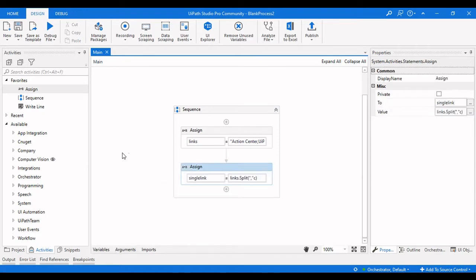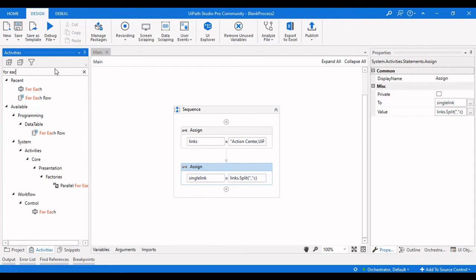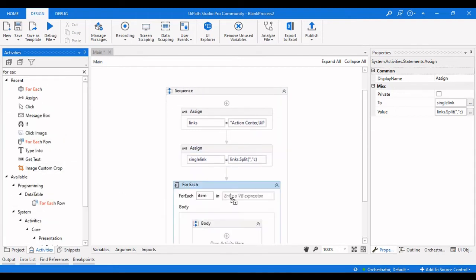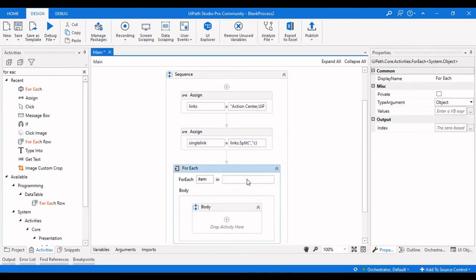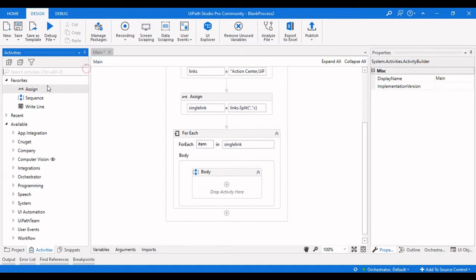And let me take a for each activity for iterating through each item. We need to provide the single link, which is an array of strings, so that in item we will get each string.